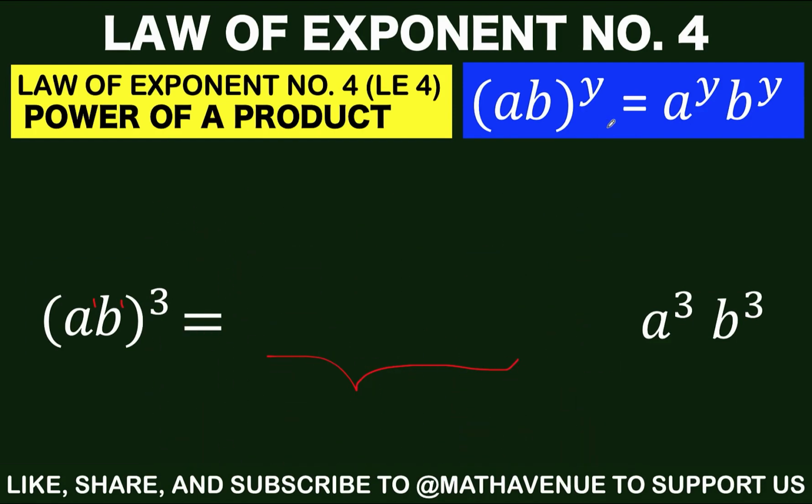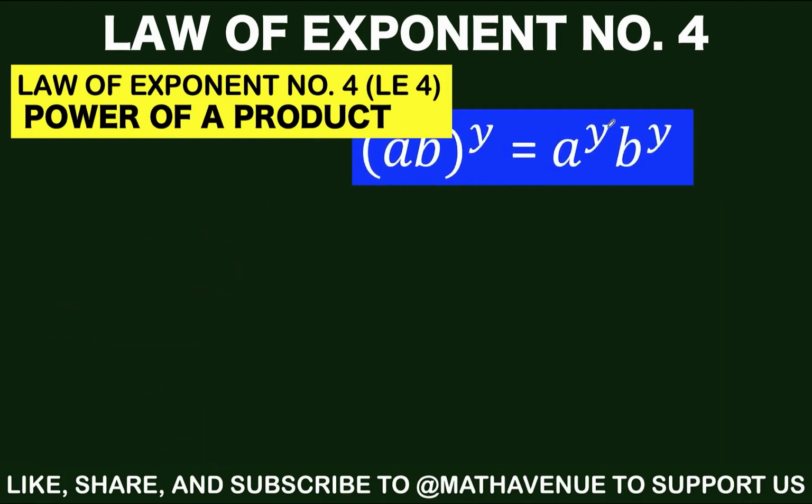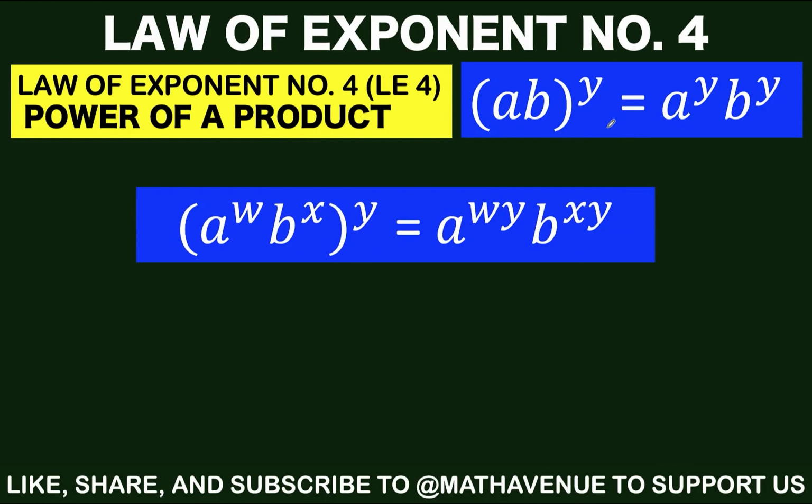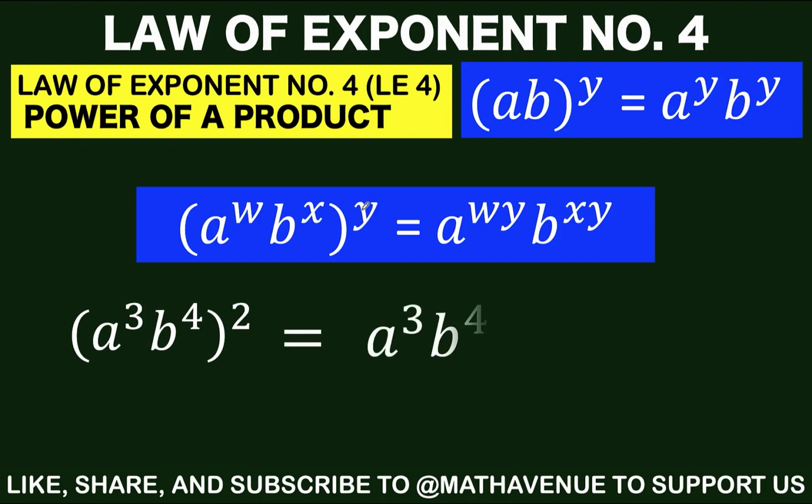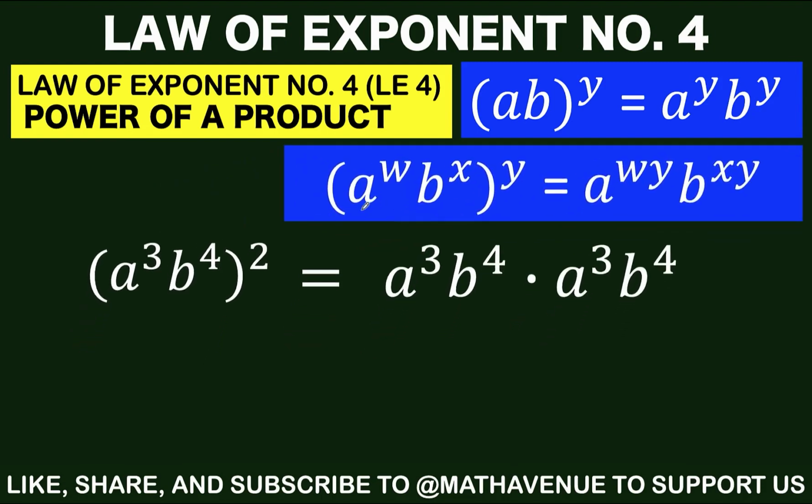Now let's go to case number 2. What if we have an exponential number that is multiplied by another exponential number and both of them are raised to another exponent? Here's an example. The quantity a cubed b to the fourth all raised to the second. So, going back again to the definition of exponent, this is its expansion. Then, if we rearrange them, that will look like this. Gather all together those factors with